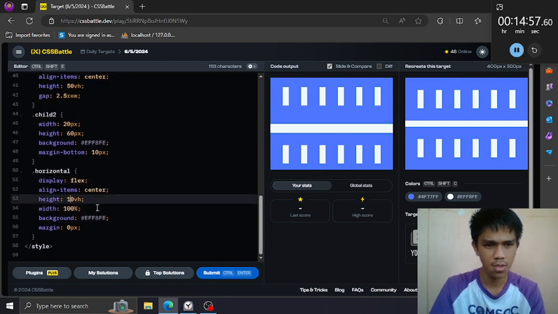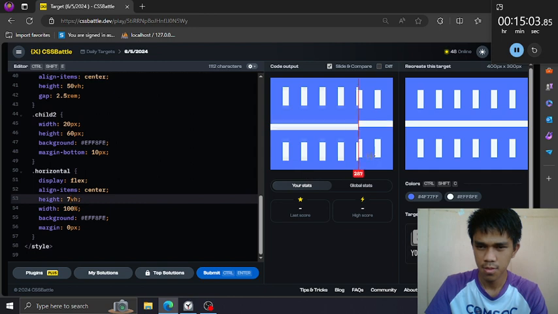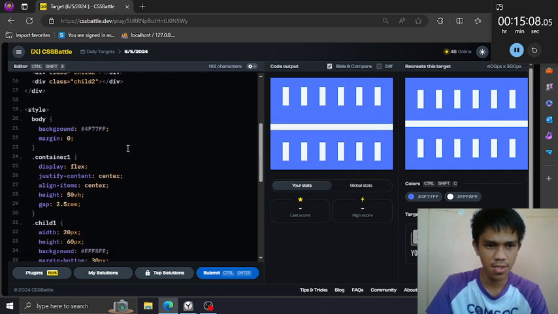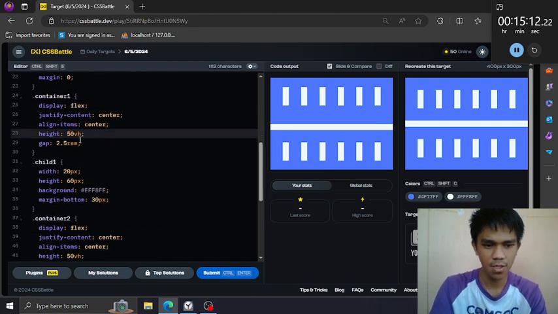Yes, the height is probably 7. All that's left is to make this container 1 a 40%. Yeah, 7. How much is that?